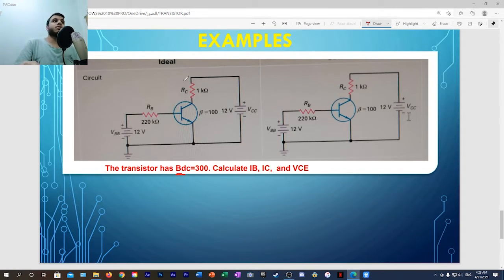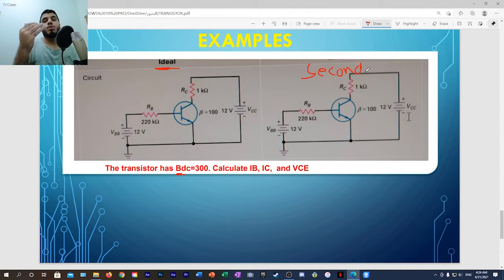First of all, let's talk about the difference between these two circuits. The first one is ideal, and here is the second. What are ideal and second? The ideal is also called the first approximation, and here is the second approximation. What does the approximation mean? The benefit of